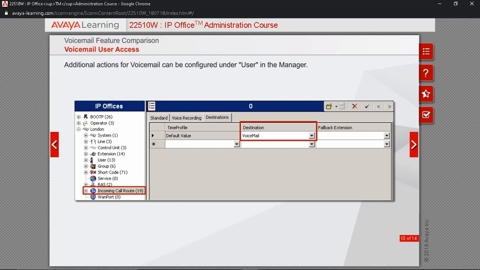If you are using IP Office mode, then you can make incoming routes that see an employee's phone number and then send the calls directly to the employee's own mailbox. For example, entering